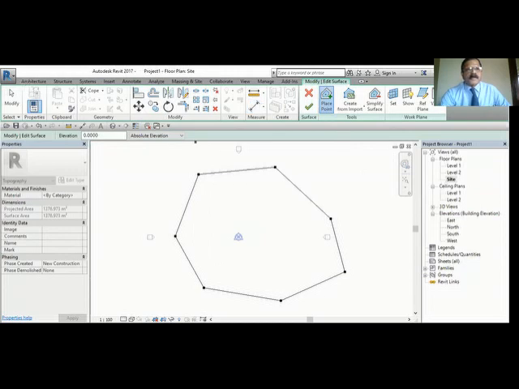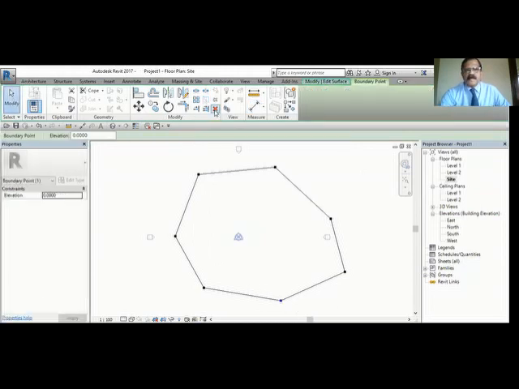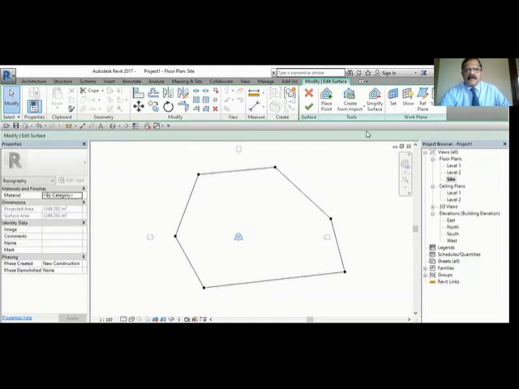Suppose you want to delete any point, you can delete this. Suppose you want to delete this, you can delete this. Okay, so this is I created with the 0 elevation. I will create another one, say 1 meter height. I don't want too much height.